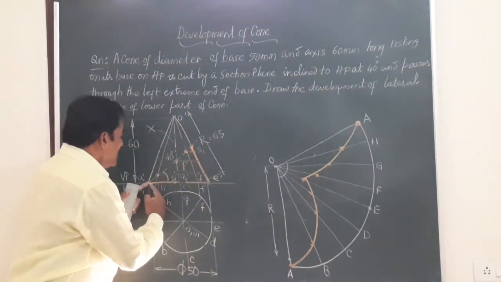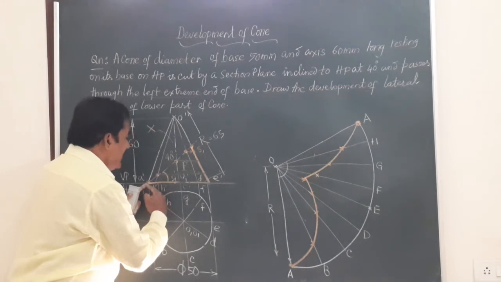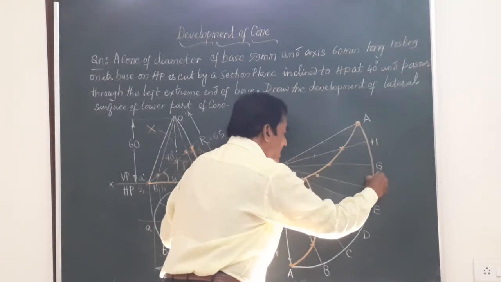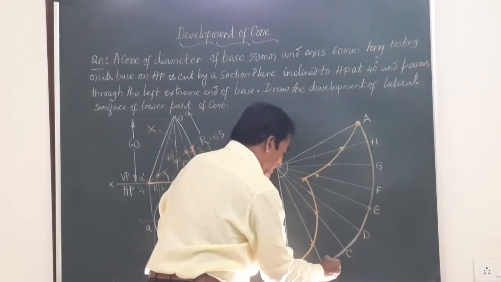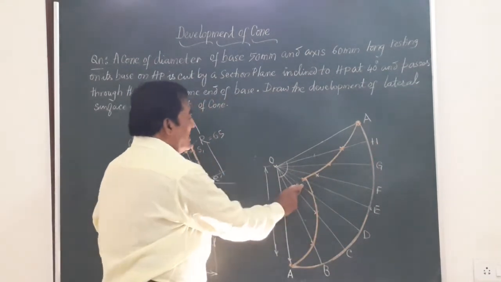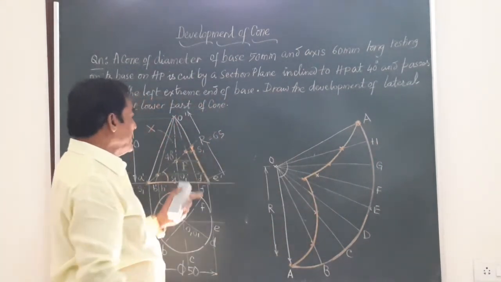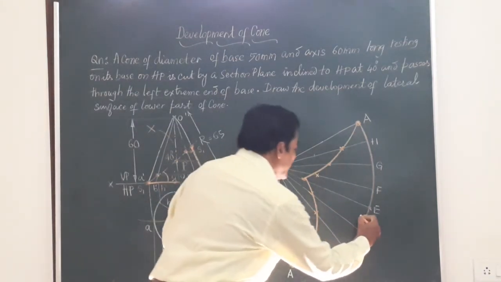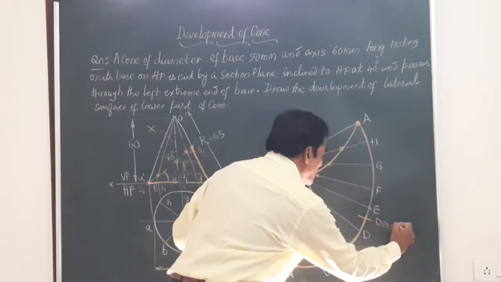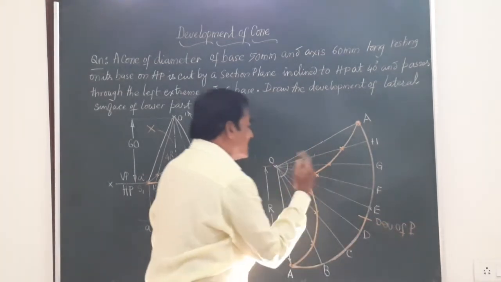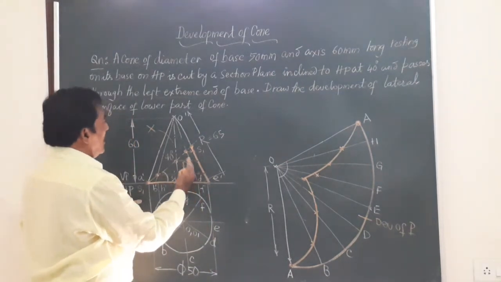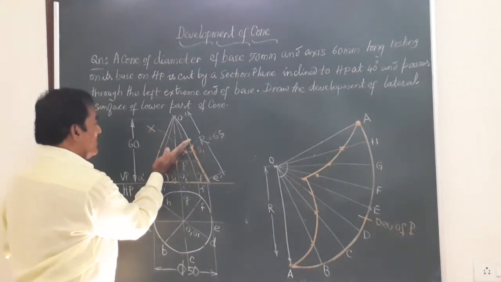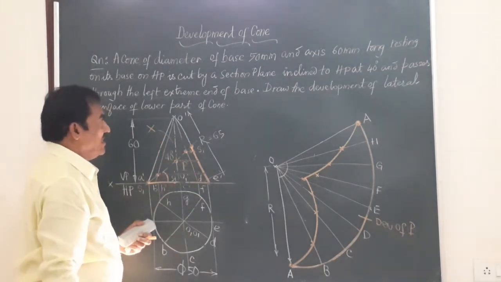Friends, you can see here the full base of the solid A to E, full base is retained. So I am going to show this as an arc. Show it dark. Apart from what I have shown in color, all other portion to be retained in thin lines. And this will give you the development of the lateral surface of the lower part of the cone when the cone is cut by a section plane which is normal to VP, inclined to HP at an angle.